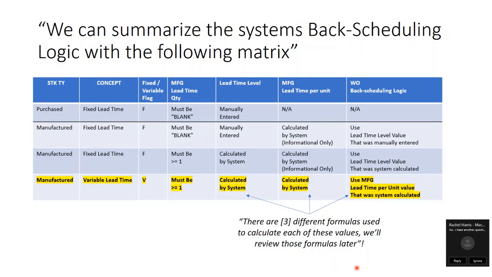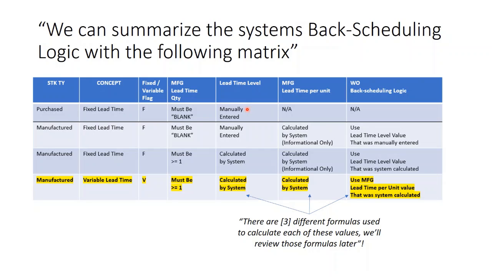We can summarize the system's back scheduling logic with this matrix. Remember, purchase items always use the fixed lead time concept, where we set the fixed variable flag to F, and we always make sure the manufacturing lead time quantity value is blank. Then we just simply enter the number of days it takes to replenish the item in the lead time level